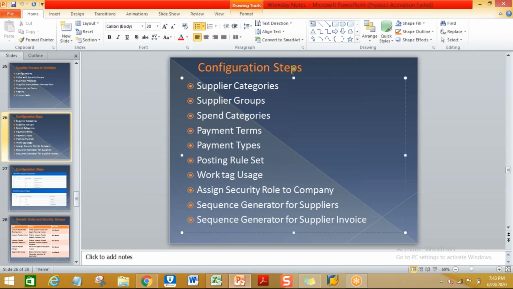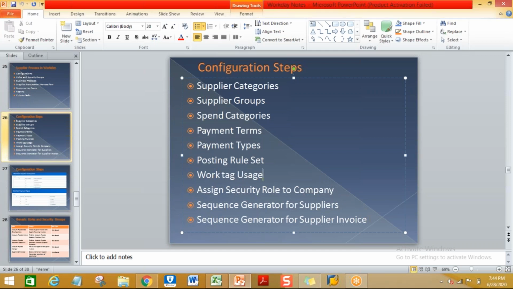Invoices will always be posted at the company level because all the financial transactions will be posted at the company level, whether invoice, payment, debit memo or credit memo. Okay, whatever it is, it will always be posted at the company level.